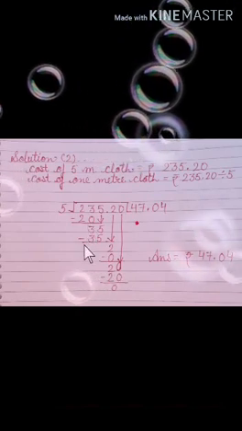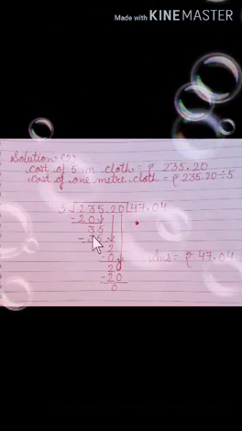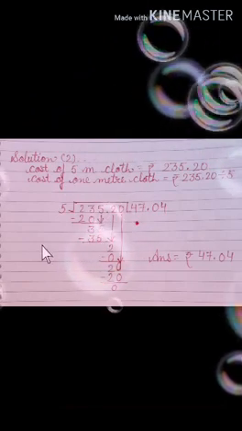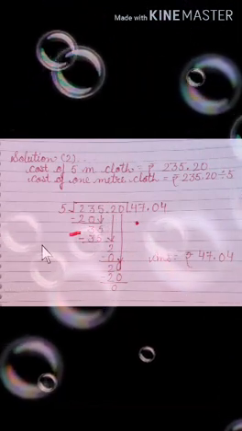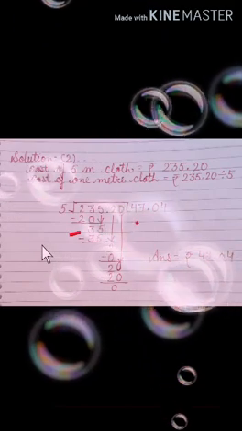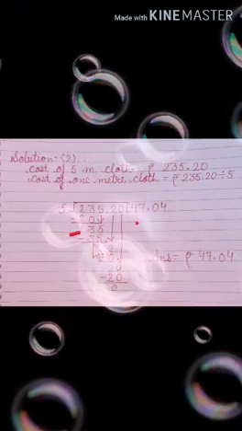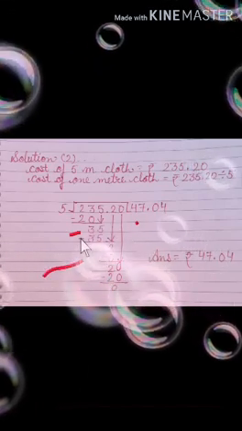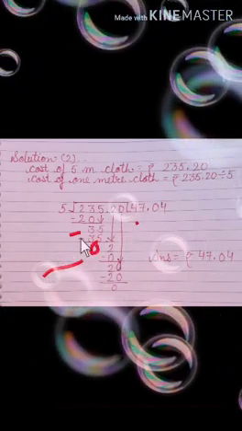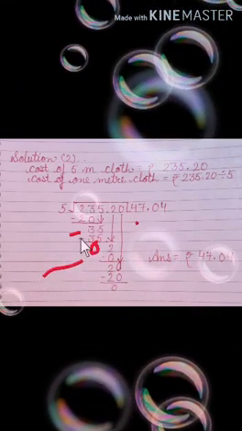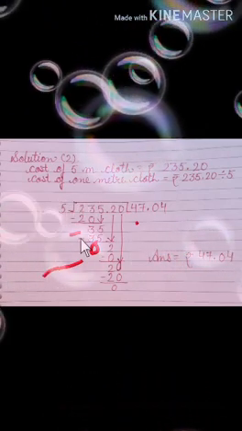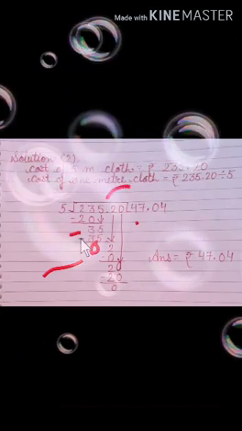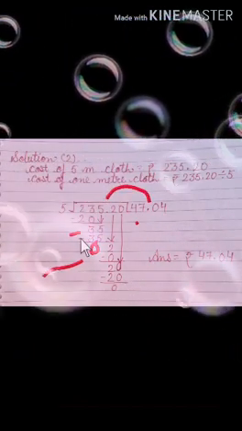Now 23 minus 20 is 3. Then you take the next digit 5 down, so the total is 35. Then in the table of 5, 5 7s are 35. So 7 you write in the quotient and 35 you write here. When you do the minus, your answer will be 0. Now you take 2 down, but before 2 the decimal point is given. The point you write directly in the answer. Don't put the down sign. Is it clear?